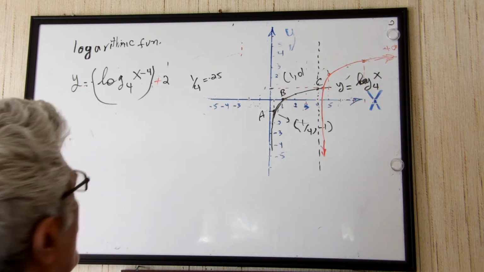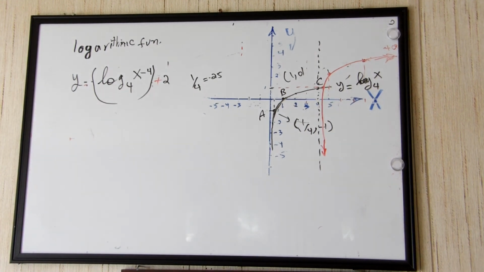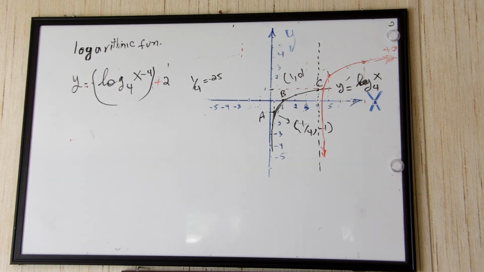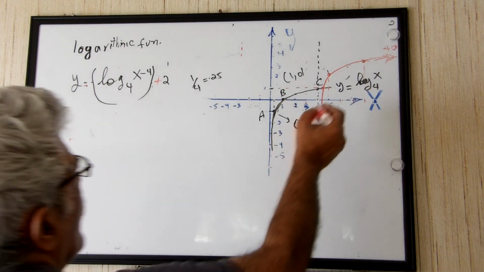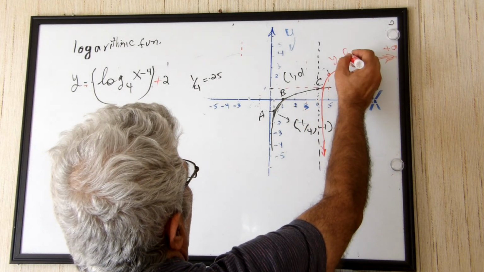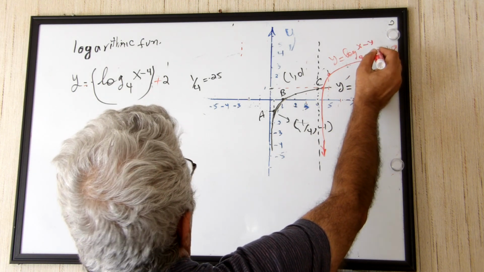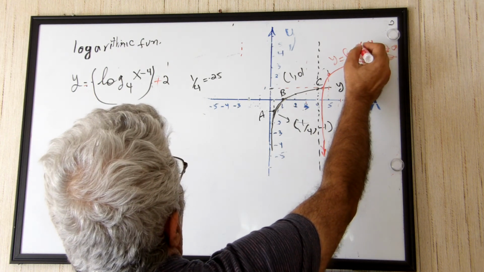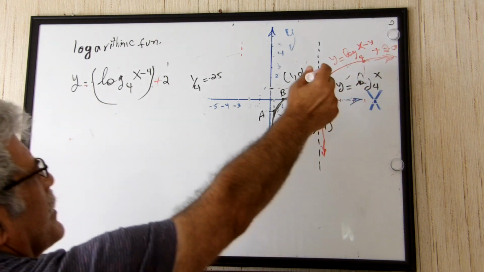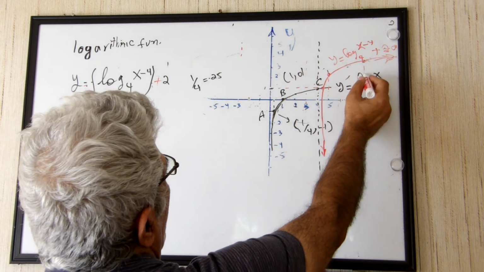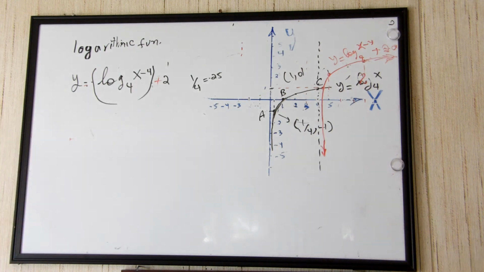So that was how to graph this. This was y is equal log of 4x minus 4 plus 2. This was the graph of this function, and this was the graph log of x to